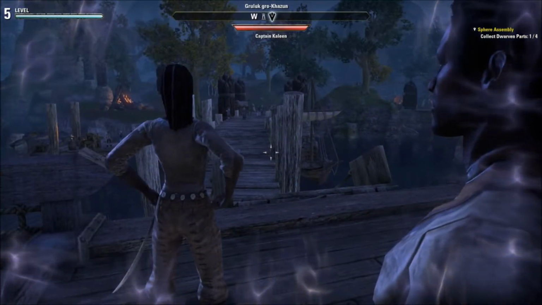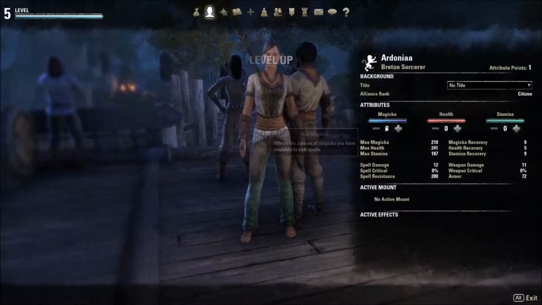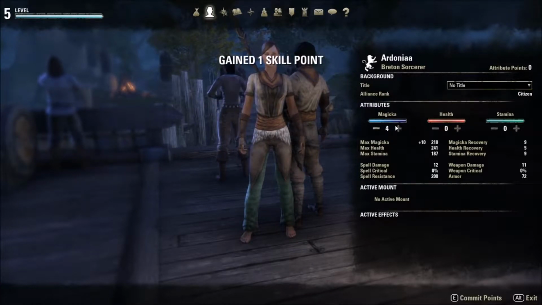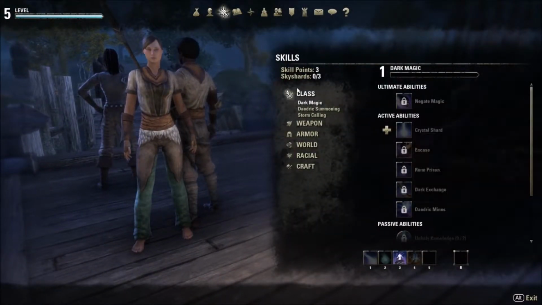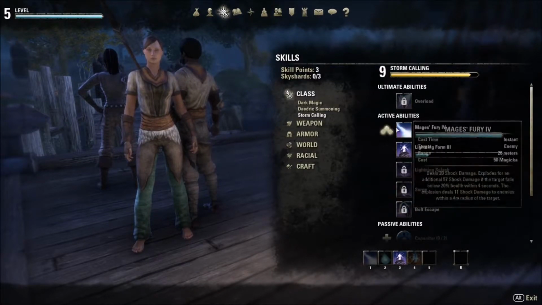So I leveled up. Means I can add a point to one of my 3 attributes. I'm going to continue going for Magicka. And now I can morph stuff. That's new. I haven't heard that before. Mage's Fury. What is...